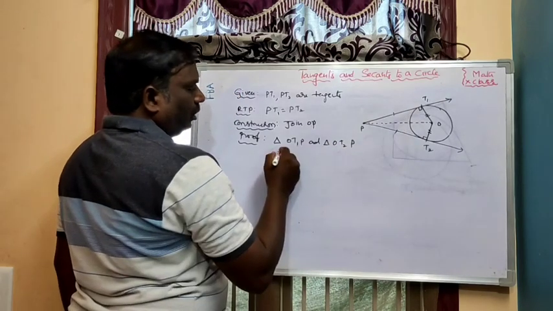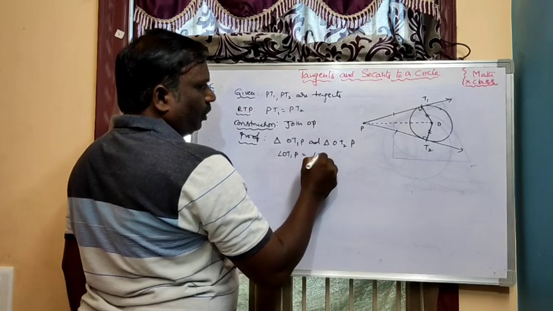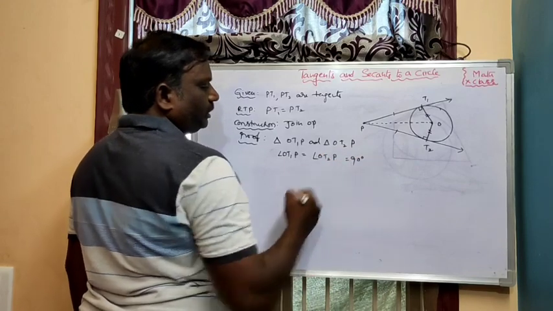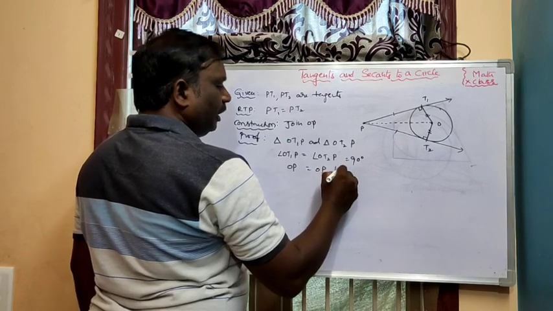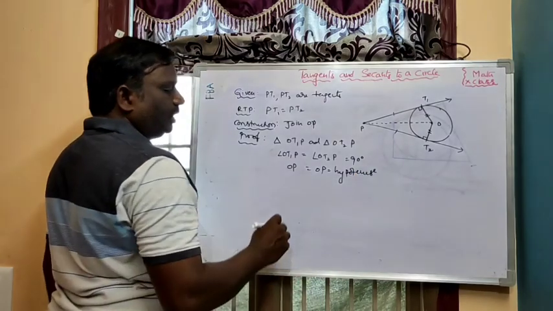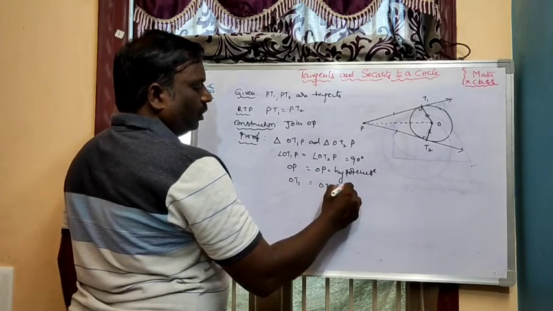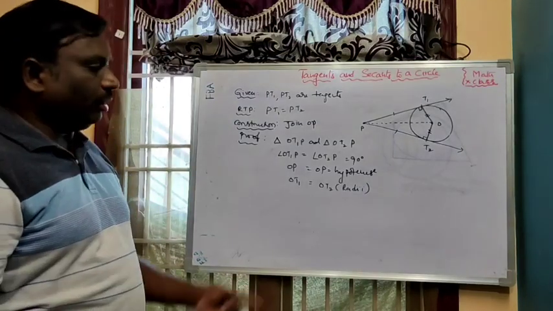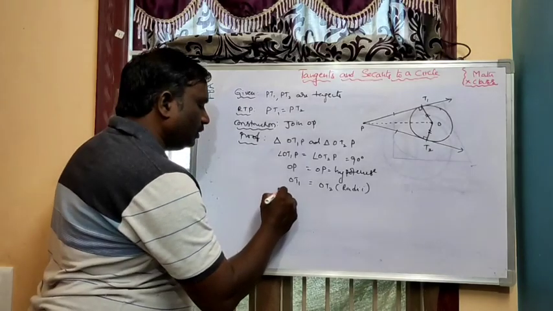In these triangles, angle OT1P equals angle OT2P, which equals 90 degrees, and OP equals OP, that is the hypotenuse, the common side. OT1 and OT2 are radii. Right angle, hypotenuse and side. So by RHS congruency